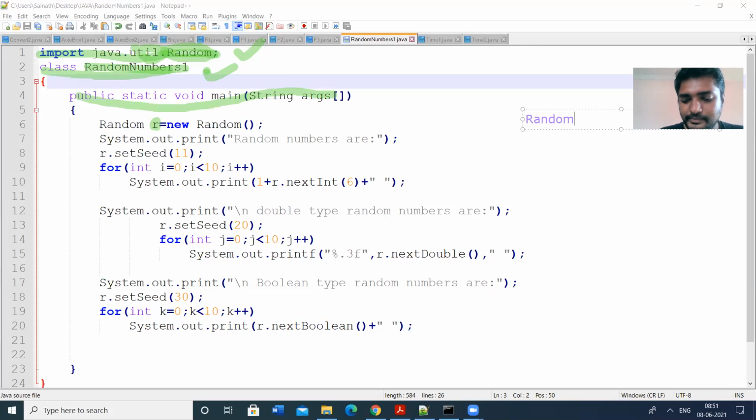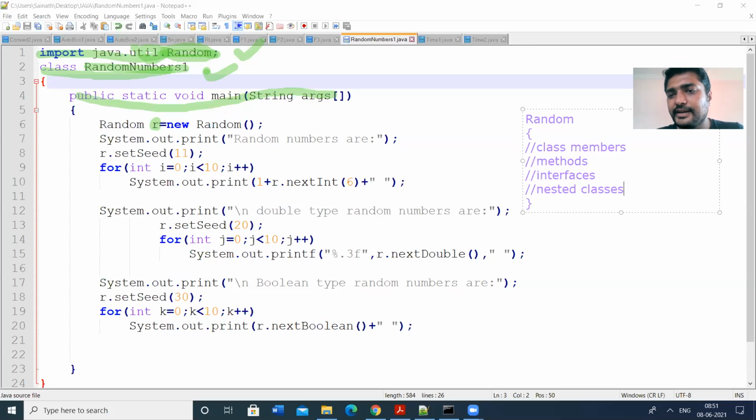Random is a class, and this class has some class members like methods, interfaces, nested classes. The Random class is already predefined in the Java library. We are just importing it.